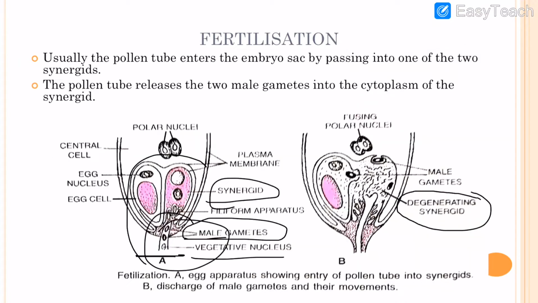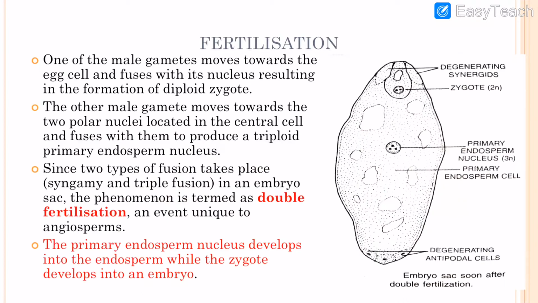it releases the two male gametes. We already know that in a pollen grain there are two male gametes. So when this pollen tube enters the synergid, it releases its male gametes into the cytoplasm of the synergid. After that, the synergid degenerates and one male gamete moves towards the egg cell and fuses with it,